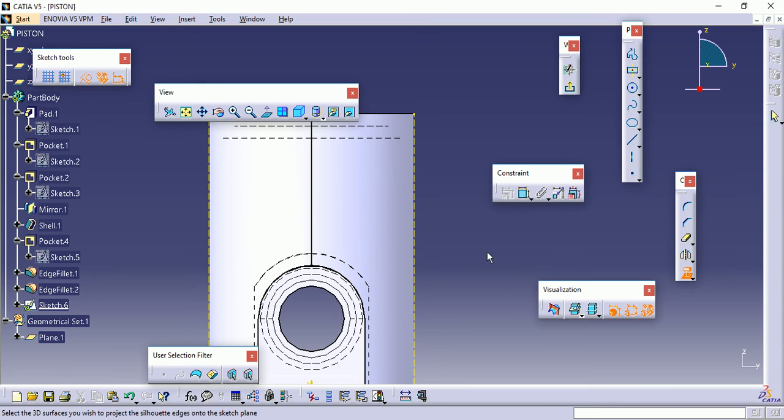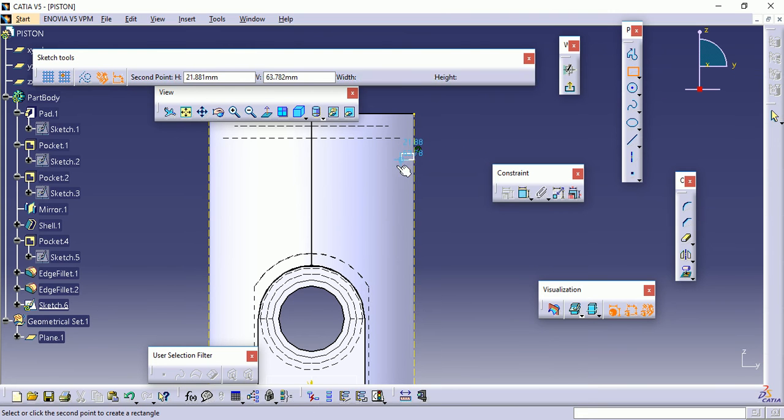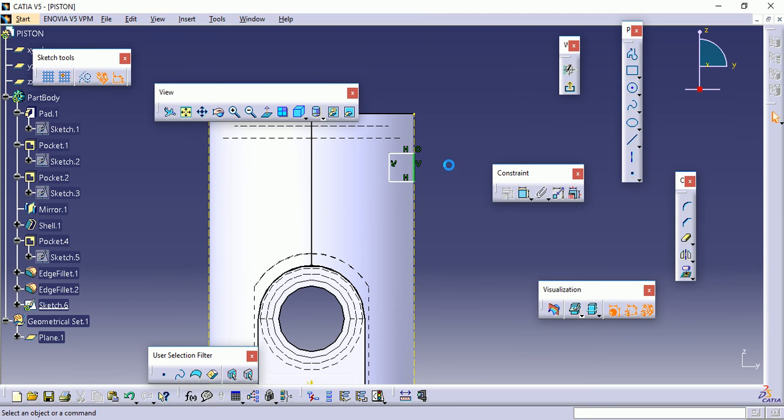I will select this edge, then OK, and now I will create the profile. So this is the profile, simple rectangle.